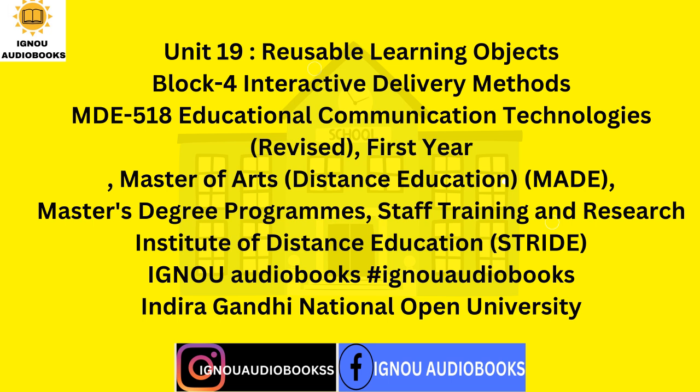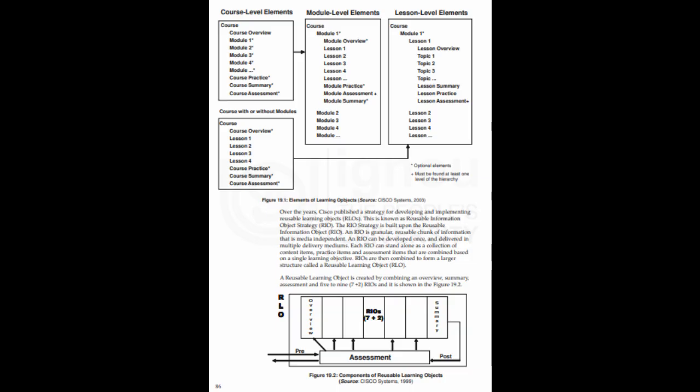19.4 Structure and component of learning objects. The structure and composite nature of a learning object is still open to interpretation. Content models provide a framework for defining the structure, that is, the level of aggregation and granularity of learning objects. Cisco Systems proposed 5 aggregation levels for structuring learning content.